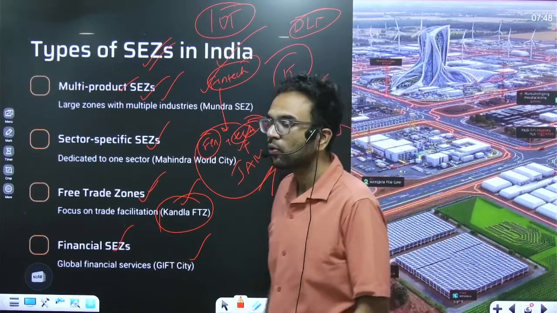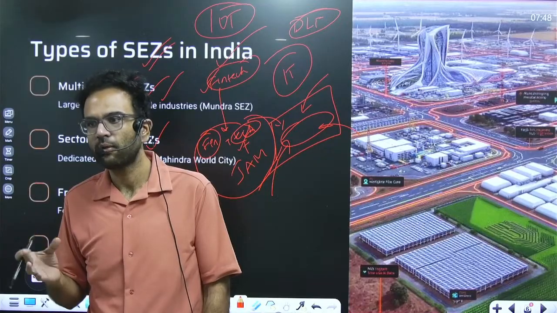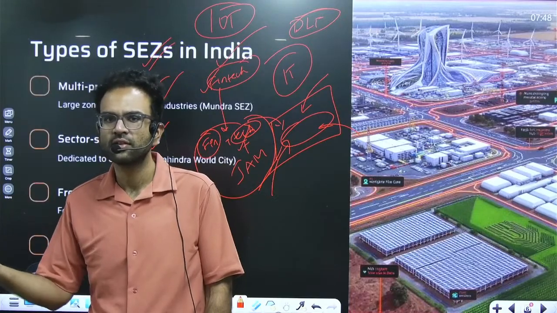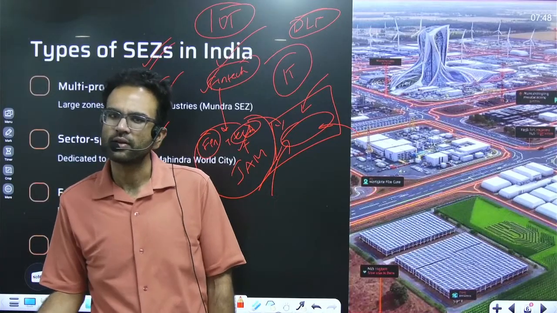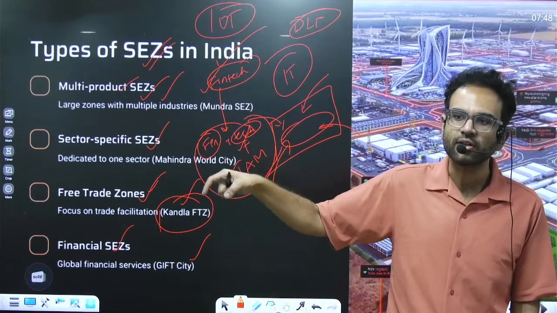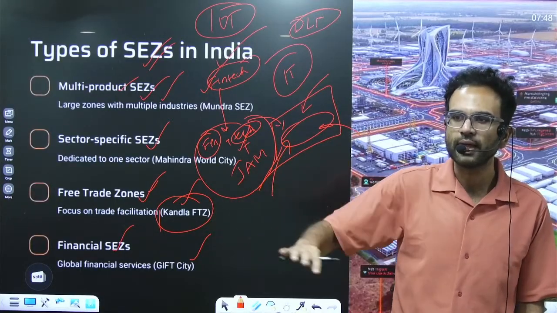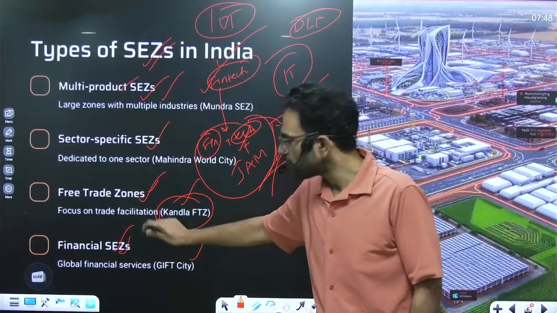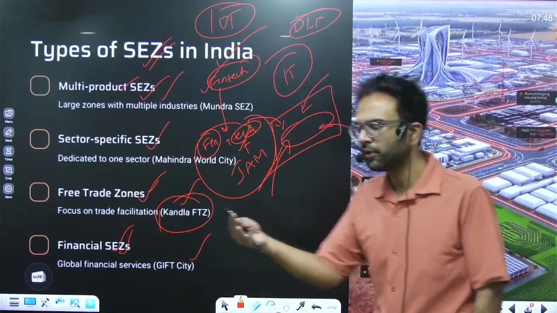But do you really think people are okay to move out from, let's say, an IT culture kind of a hub, like Hyderabad, to, let's say, Nellore, which has Sri City, a manufacturing zone? People are not really okay with that. People's preferences. So ideally, the companies that are manufacturing in that zone would prefer people from those local areas, provided there are skilled professionals there. So financial SEZs work well. So these are the various kinds of special economic zones. What works, what will not work, we have discussed. Moving forward.